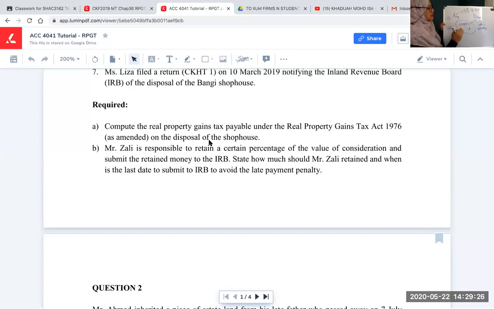So maknanya sekarang ni, siapa yang kena bayar tax? Disposer. Tapi kenapa sekarang ni acquirer yang pergi retain bayar duit tu pada RB, just macam lembaga hasil dah ada duit lah. Maknanya bila you submit duit sebelum you bayar everything, maknanya 3%